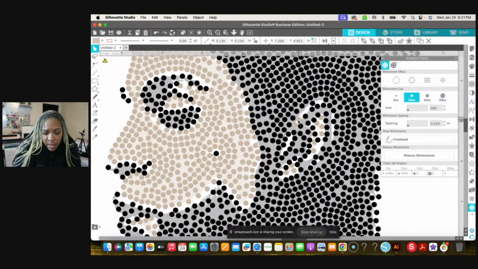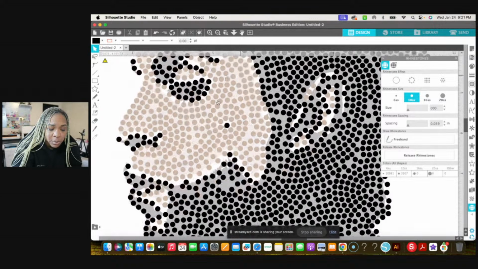And so that's how you would be able to, especially if you're doing sublimation and you want it to line up good, and that's why I moved the photo back over like that. All right. So I'm not going to go through and move all of these, but I'm just showing you guys how you would be able to make sure that it looks exactly how you want it to look. And then maybe put another stone here